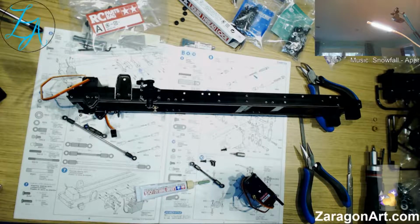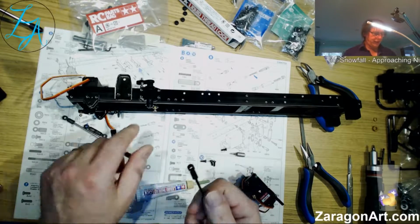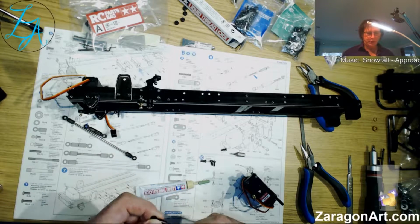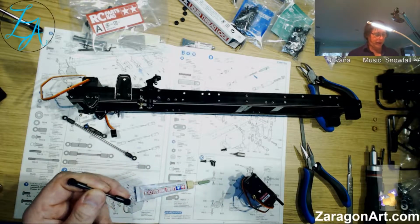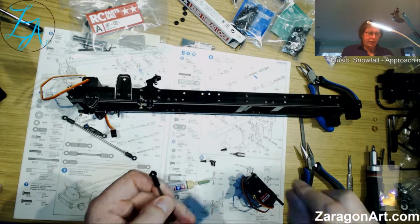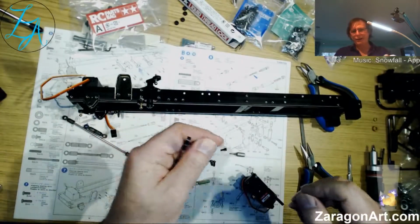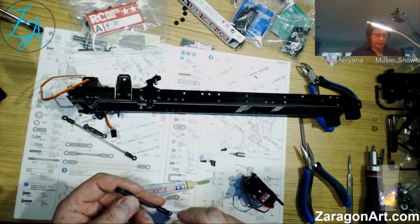What I was going to show you is you can buy tools for putting these things onto these balls and for taking them off. They're called ball pliers. I use them on the helicopters specifically, and there are two reasons why you use one. One is when you're trying to apply quite a bit of force to something like a small linkage on a helicopter, and you yank it and things go all over the place, you can actually break things, bend push rods, these sorts of things. But the other one is